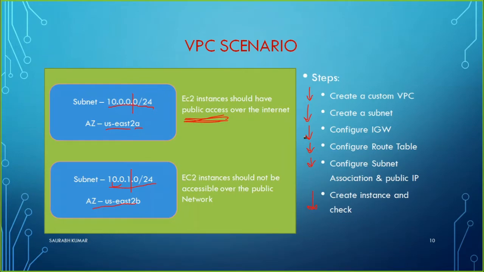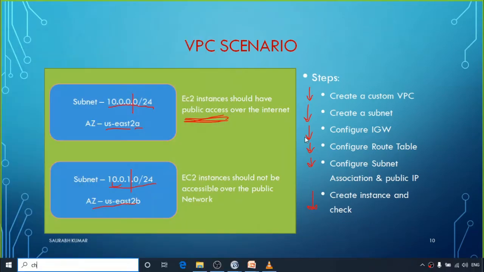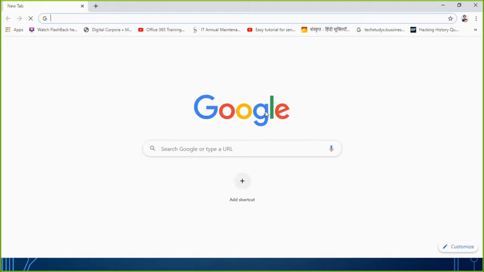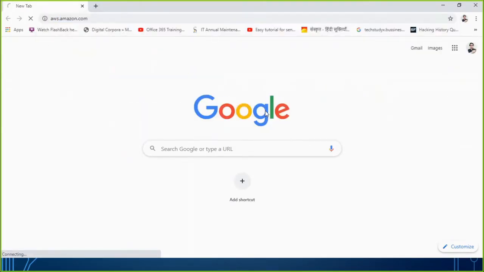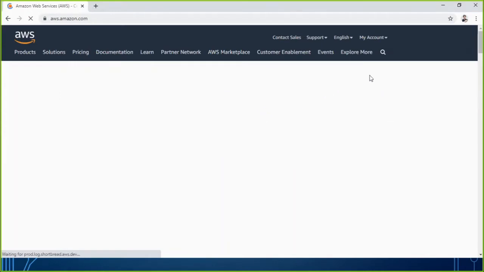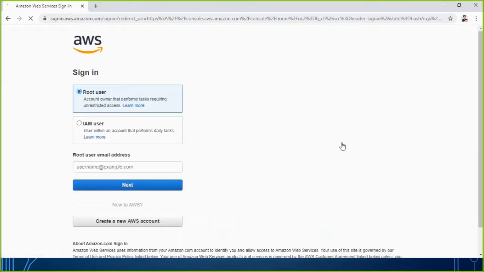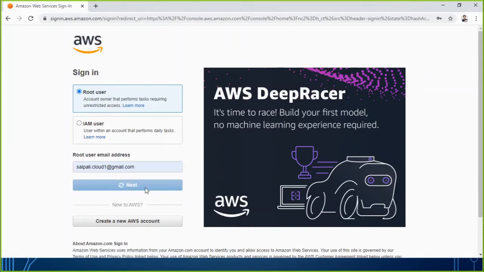So let's begin. Let's first go to any browser to access the AWS Management Console. Let's click on sign in to the console. Let us log in here.